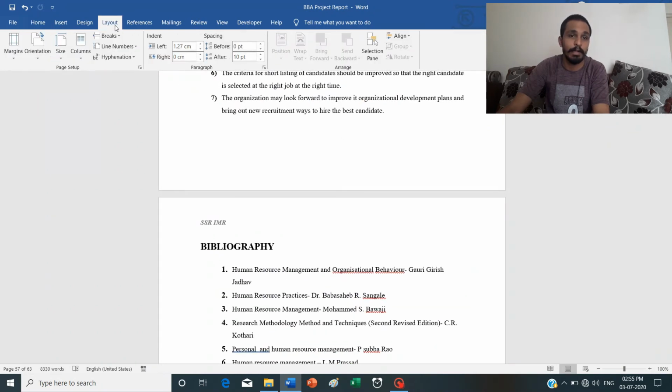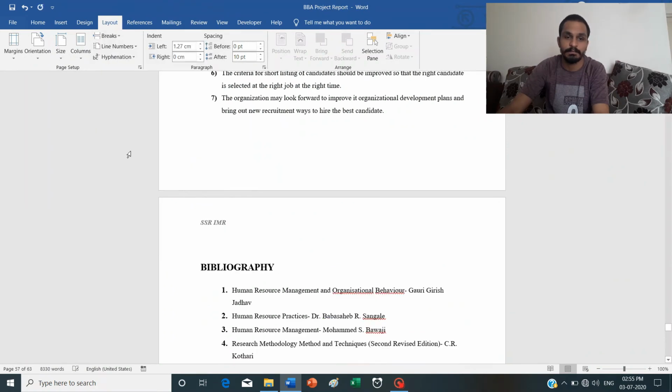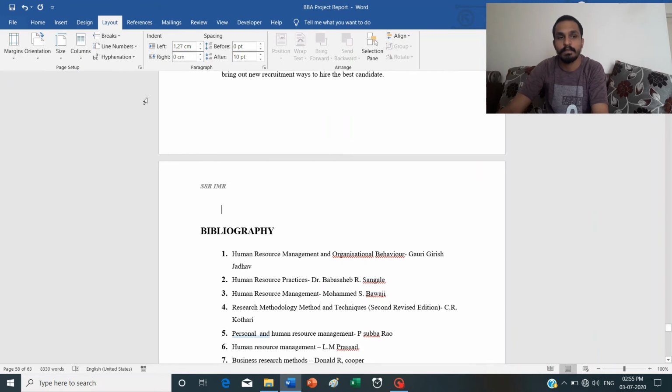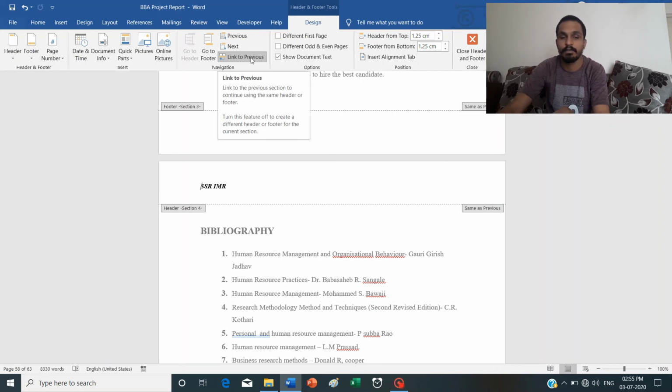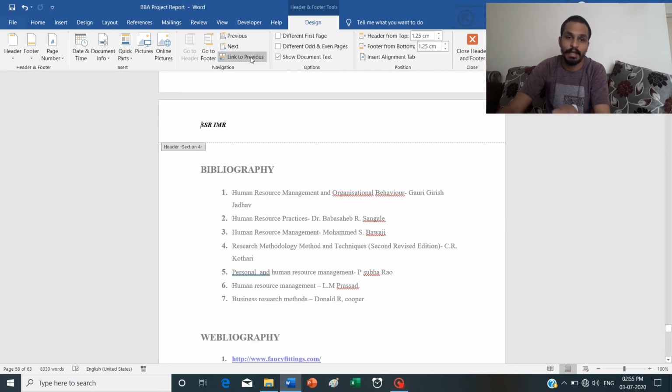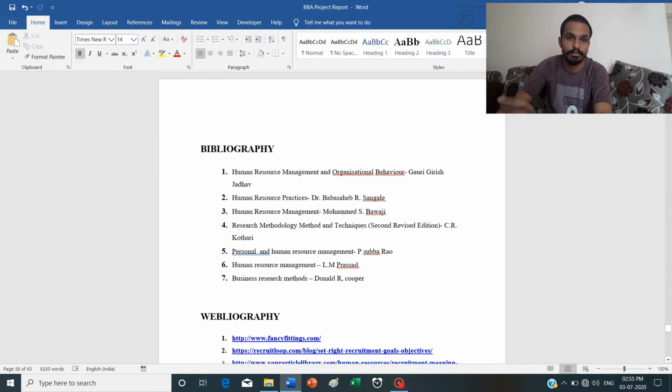Again we will go to Layout, then Breaks, then Section Break, Next Page. As we clicked, now we have to double click in the header and turn off Link to Previous, which will unlink it from the previous section. Just click there, remove the header, then close.